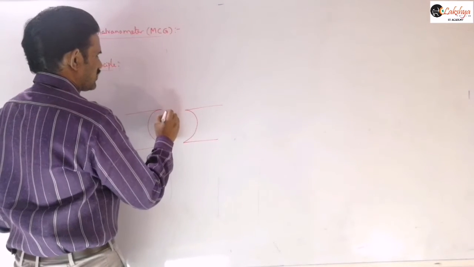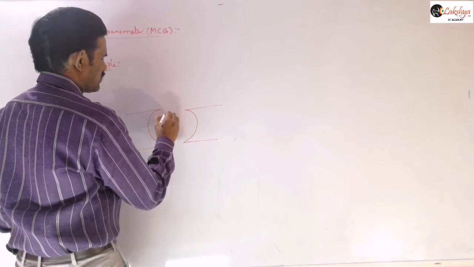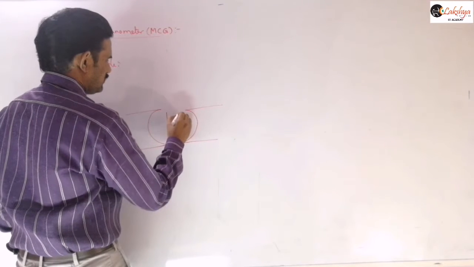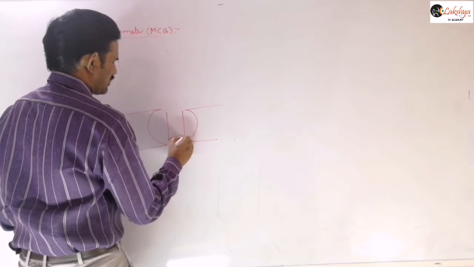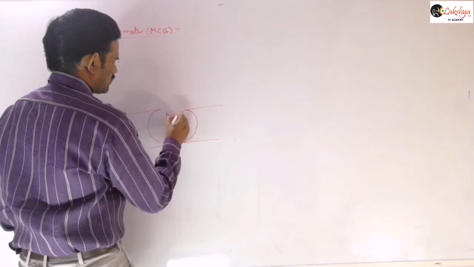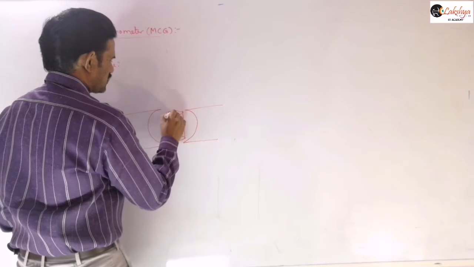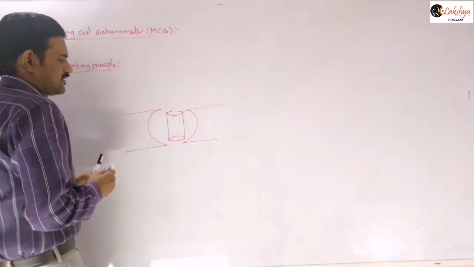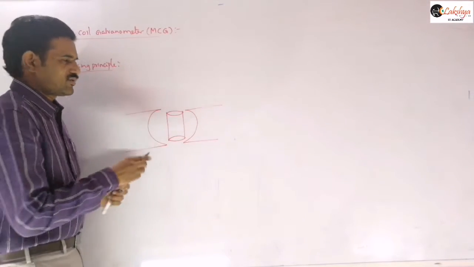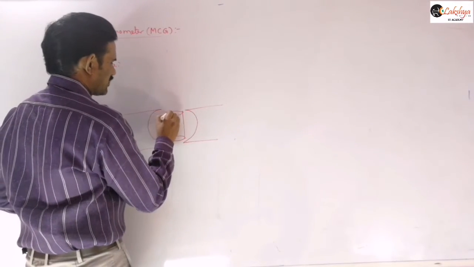And we discussed already that it can be converted into an ammeter and voltmeter. We solved some problems related to that, right? So that is the use of the galvanometer. Now let us see the construction of this galvanometer.